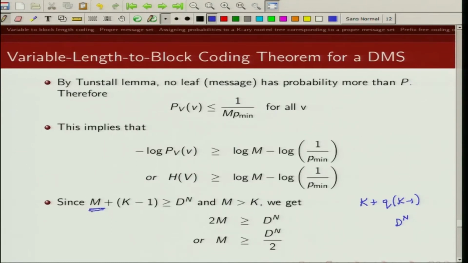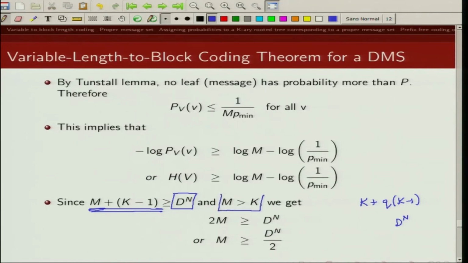So m plus k minus 1 has to be greater than d raised to power n, because if that's not the case, then we could have done further extension of the Tunstall message set. So m plus k minus 1 is greater than or equal to d raised to power n,